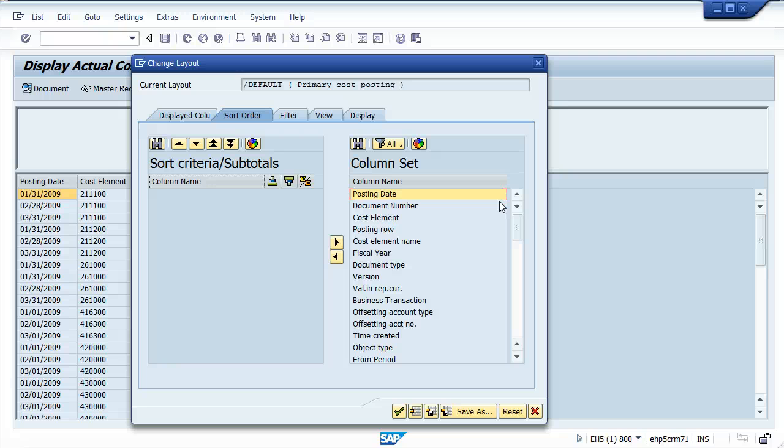Now, because we're looking at cost center actual cost line items, it may be beneficial to see the data sorted by the posting date. And in this case, if I want to see it by the posting date, I have the option here, and we have many options, but I have the option here of the posting date. And what I want to do is to have this posting date field moved over to the sort criteria or